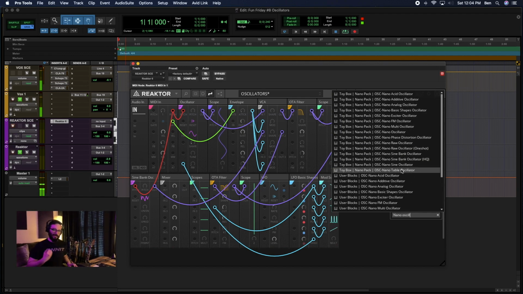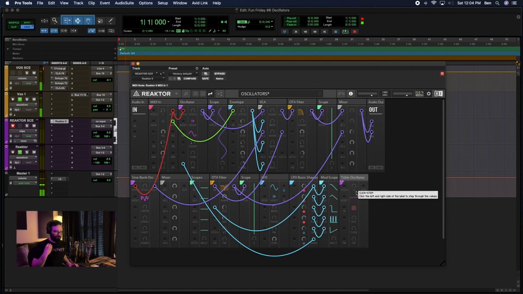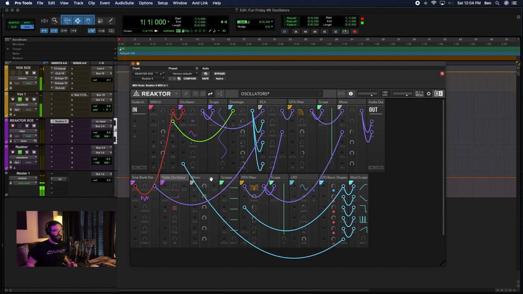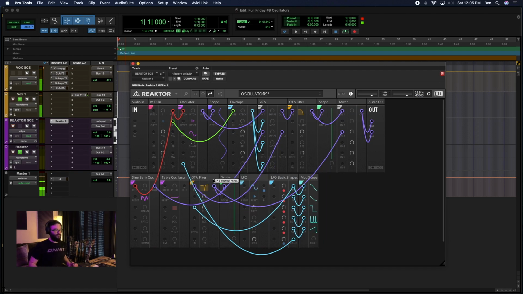The table oscillator, after spending a bit of time with it, is probably one of the most interesting, and that's what we're going to take a look at today. So, as you can see, I've also got my sine bank oscillator in here. I'm going to go ahead and leave the pitch patched in there. However, I am going to actually patch in the table oscillator into the VCA. So I'm going to go out of the table into the VCA, and that is going to be what is controlling